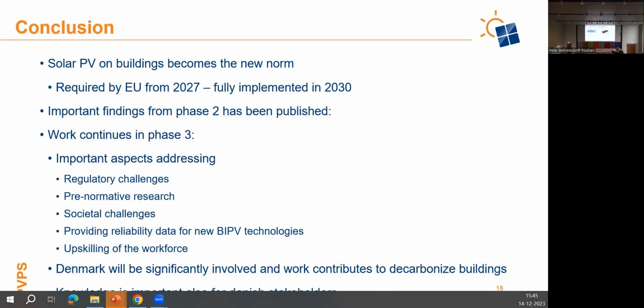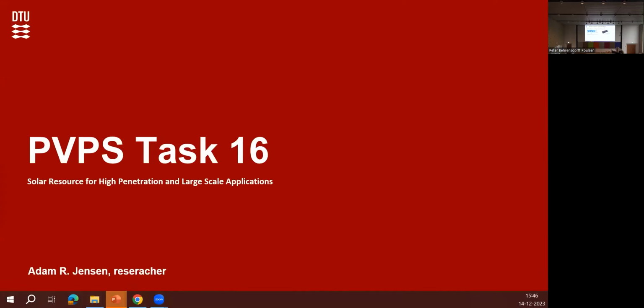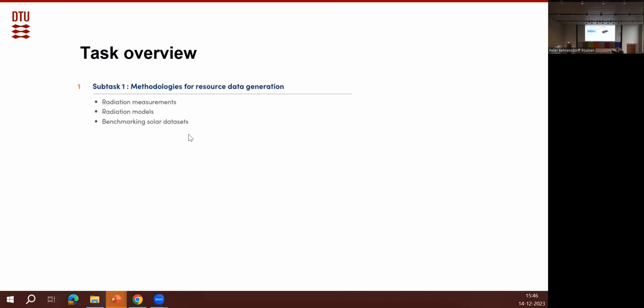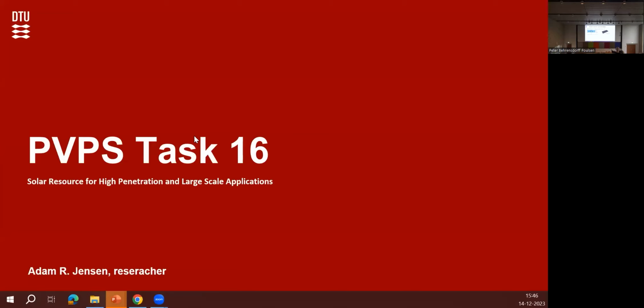It's really good. So I'm going to take a step back and not talk about PV. I'm going to talk about the resource that powers our PV. And this task is an older one. It actually comes from the solar heating and cooling program. So some of the things I'll be talking about are, of course, relevant for both solar thermal, some for CSP